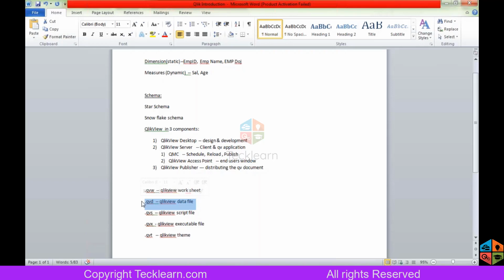And coming to ClickView, there are two types of QBD, I said, right? Optimized QBD and unoptimized QBD. Optimized QBD means whenever you load any table into ClickView and store that table directly without any transformation, directly the source table stored in the QBD, that is called optimized. And unoptimized means while loading any table, you do some transformation, change, or calculation.